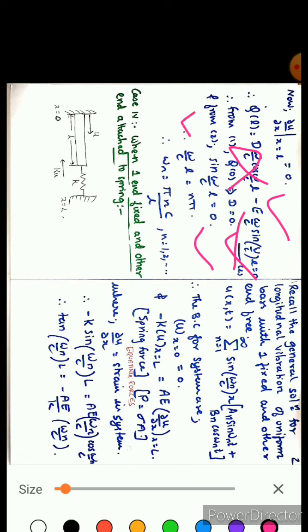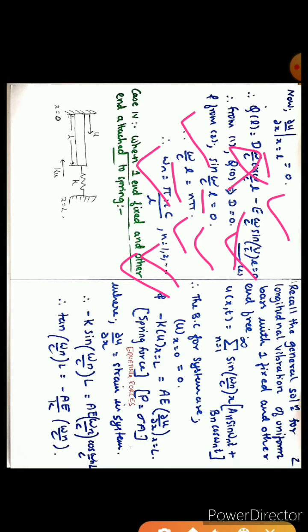So sine omega by c, now x will become L because we are finding at L, right? So sine omega by c into L equals 0. So it is 0 when the sine value is n pi. So from omega you can calculate n pi c, take this term over this side, and you can find the natural frequency of the system. Substitute those values, n equal to 1, 2, 3, 4, and you will get different principal modes of vibration.